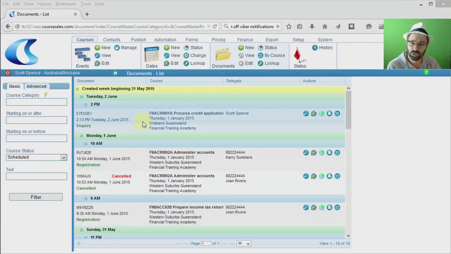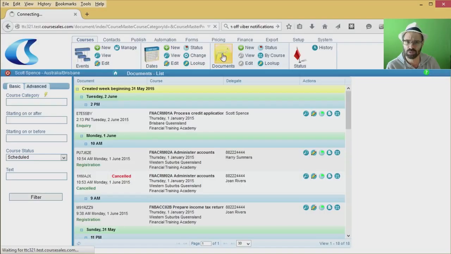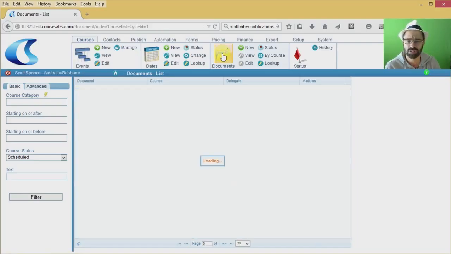To course sales. This is a tutorial about what to look for in the documents list. Now, to get to documents, you click on the courses tab and then click on the document icon. That will bring up the documents, a sequential list of the most recent documents arrived into the system,